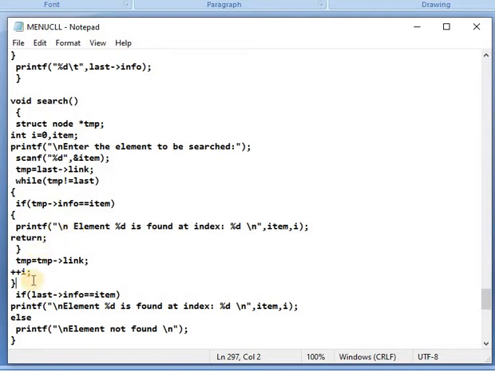If this condition is not true, it means the element is not present on that list. First, this is the pre-increment, because your pointer will be stored in the last node. It is a circular linked list, so the pointer will be post-incremented there. After that, one by one the nodes are checked with that item. In the last case, where the element is not there, the message "element is not found" will be displayed. Otherwise, one by one the elements are checked using this condition.